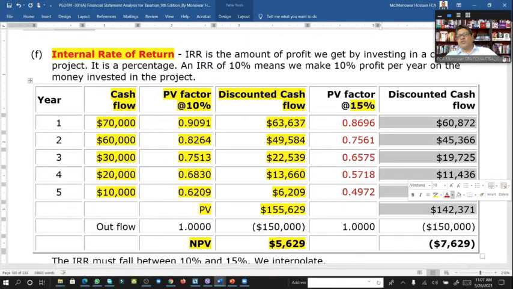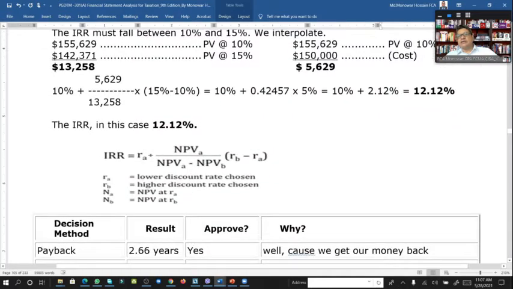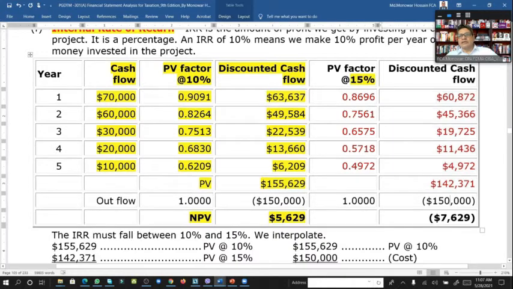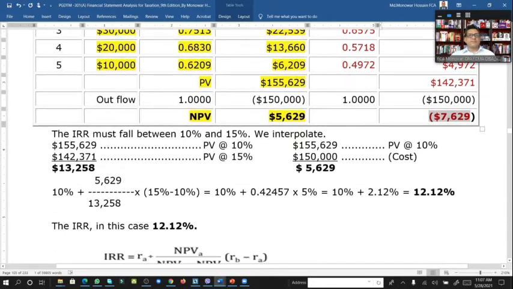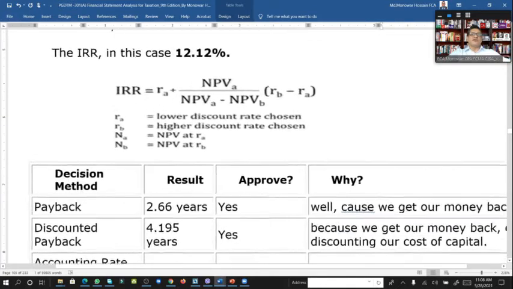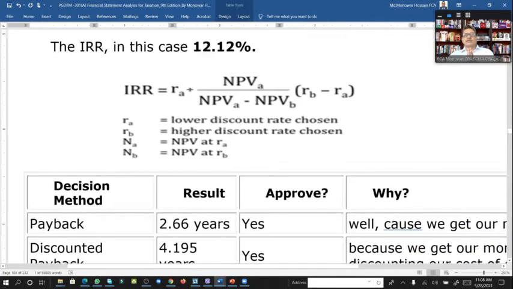So the total 1,42,000 is the PV at the rate of 15%. And if we adjust with the outflow, then we will get minus 7,629. So now we have to calculate the IRR, internal rate of return, where the NPV is 0. Look here, we can calculate it with another formula. This is the formula where if we get two NPVs, one positive, another negative, then from that we can calculate